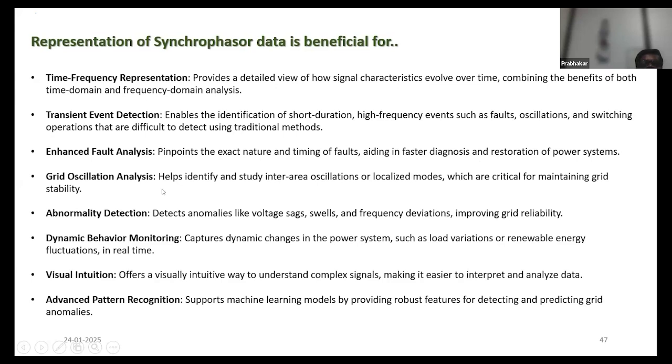And grid oscillation analysis. This helps identify and study the inter-area oscillations, which are critical for maintaining grid stability. And other than that, abnormal detections. See, I want to make the statement very clear that these are all done long before also, okay, with the normal statistical methods or normal techniques. But now we are moving ahead at a faster rate and in the most accurate way. Two things: how fast we are, and how exactly and how accurate we are. For these two reasons, your PMU data is going to play a very important role,